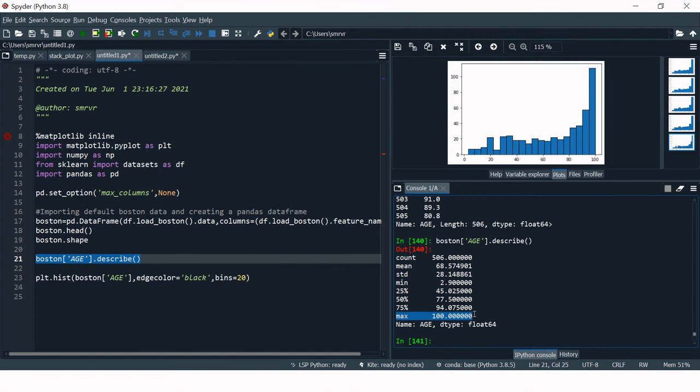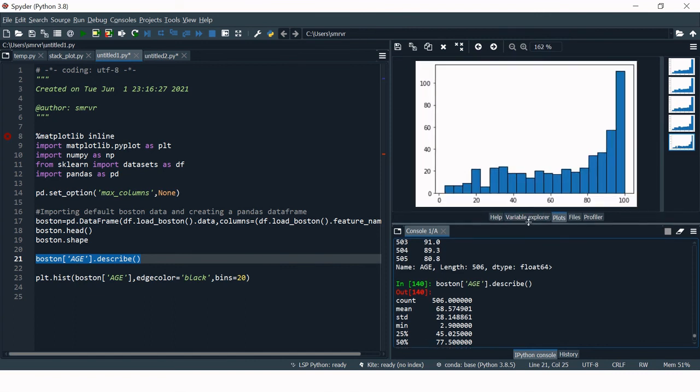All right, so now you have this interval over x-axis. What if you want to create your own interval? What if you want to create just 4 intervals and you just want to see in the bracket of 0 to 25, 25 to 50, 50 to 75, 75 to 100, and so on? So how can you do that? For that you're going to provide a list of intervals over here.